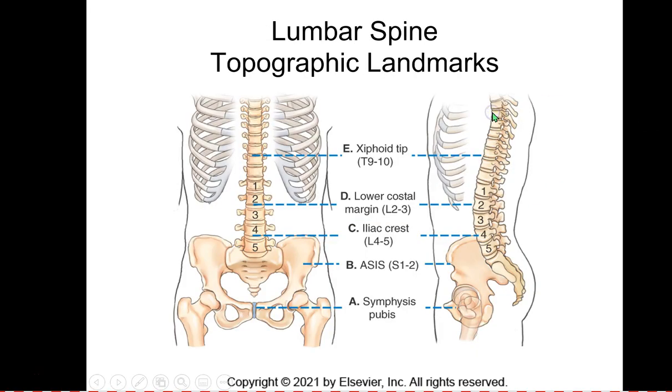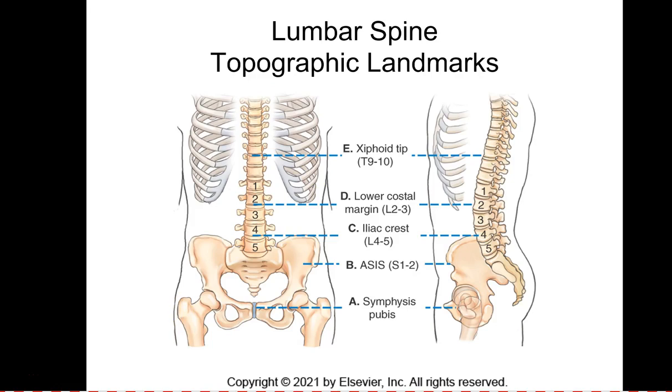Let's wrap up this lecture by talking about some topographic landmarks. And topographic means landmarks that can help you with positioning and landmarks that are generally palpable. Okay, so A is pubic symphysis. Pubic symphysis is, again, not something we typically palpate. It is found at the same level as the greater trochanter. It's not usually required on an L-spine radiograph, so not really necessary for us to use pubic symphysis while positioning